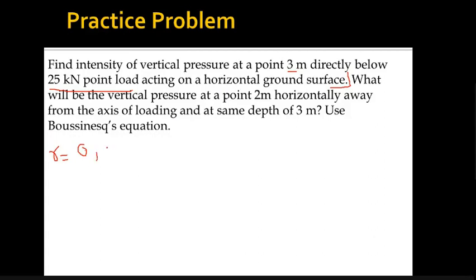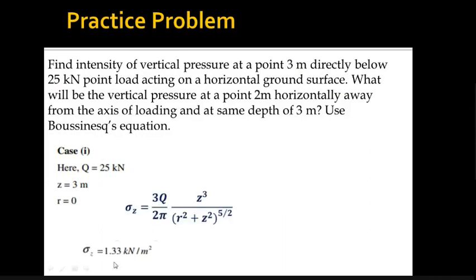And for this first case, z will be 3 meter. After solving with Boussinesq's point load theory with the given values, we will get the answer as 1.33 kilonewton per meter